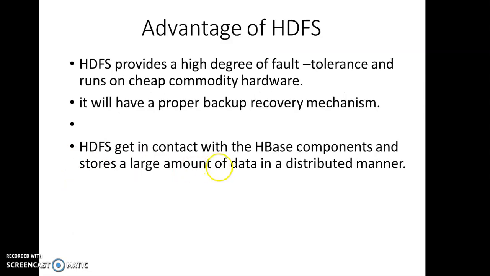The advantages of HDFS are that it provides a high degree of fault tolerance and runs on cheap commodity hardware. It has a proper backup and recovery mechanism. If any failure occurs in the HBase architecture, with the help of HDFS we can recover all data. HDFS gets in contact with the HBase components and stores a large amount of data in a distributed manner.